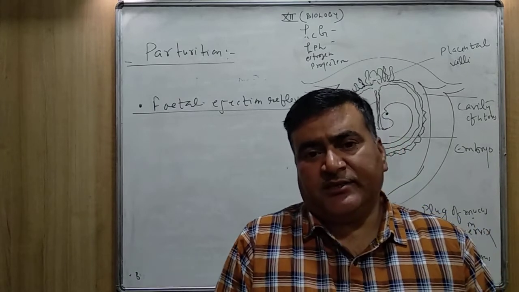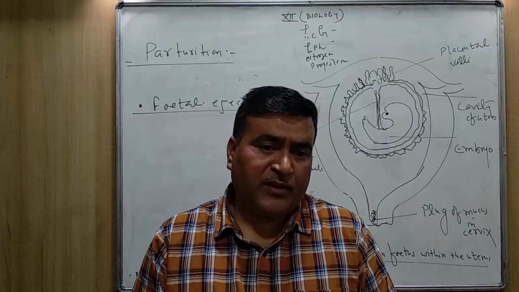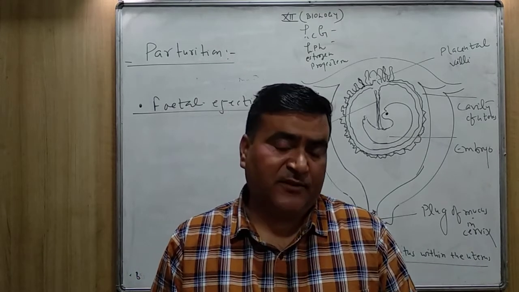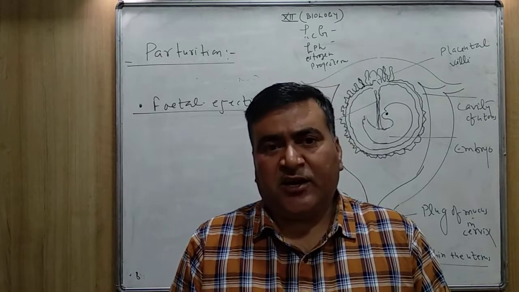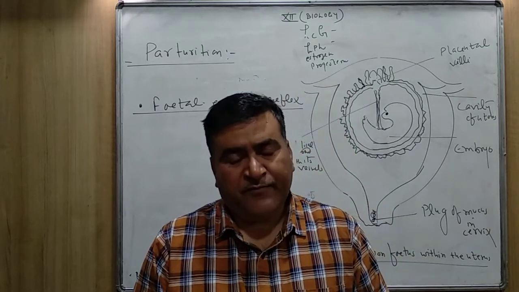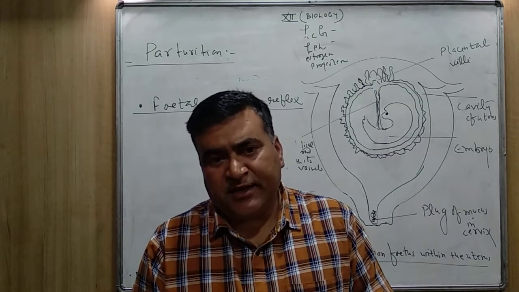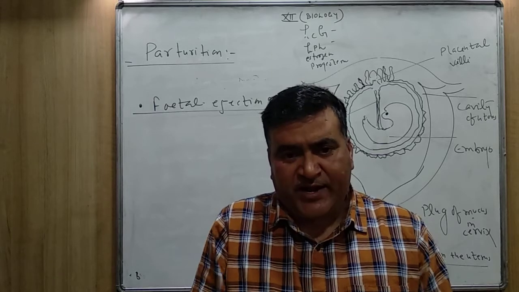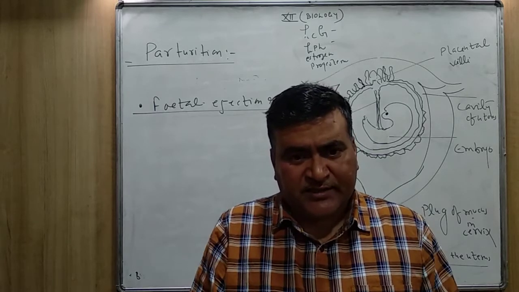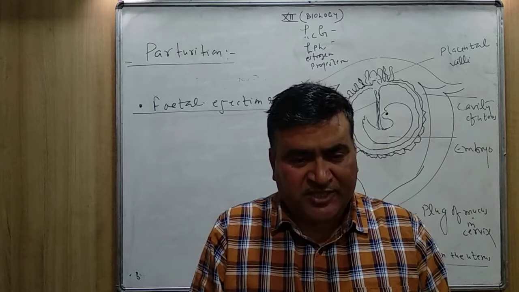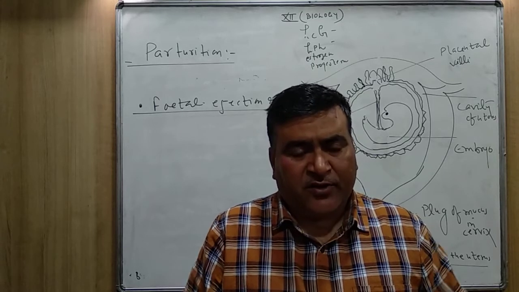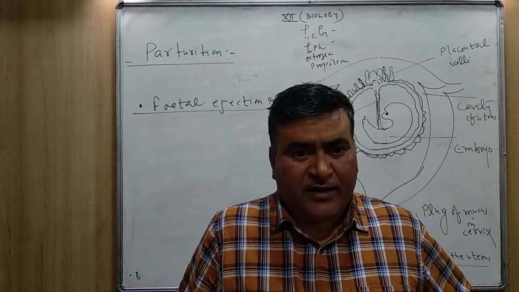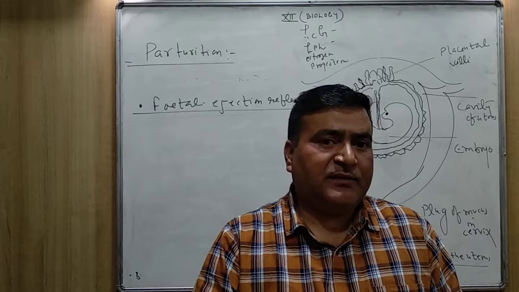One more hormone is secreted by the end of the gestation period, at the time of parturition, that is called relaxin. The relaxin hormone is secreted from the ovary. It helps to widen the wall of the uterus. It widens the cervix also, the vagina also. It also widens the pelvic girdle of the female, and it helps in the expulsion of the fetus